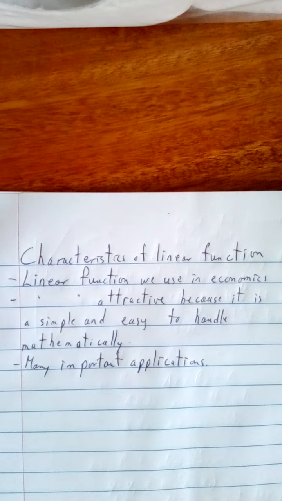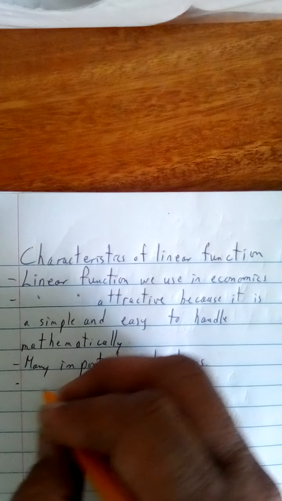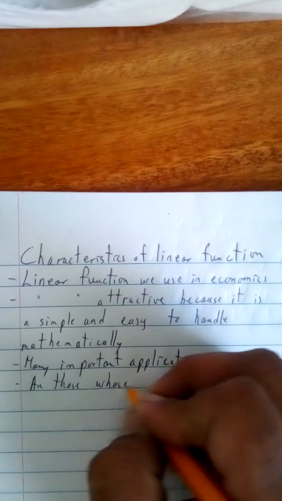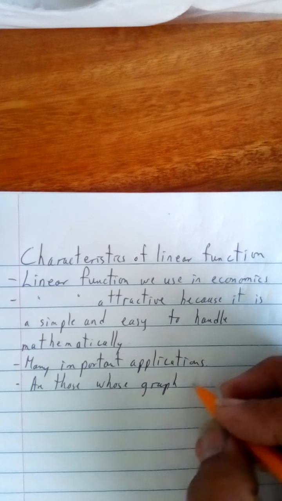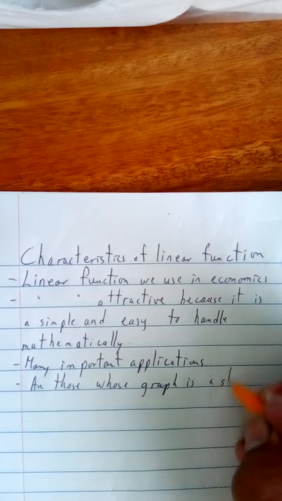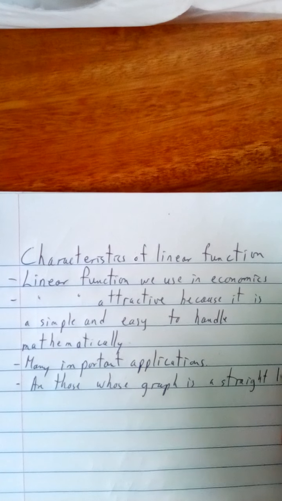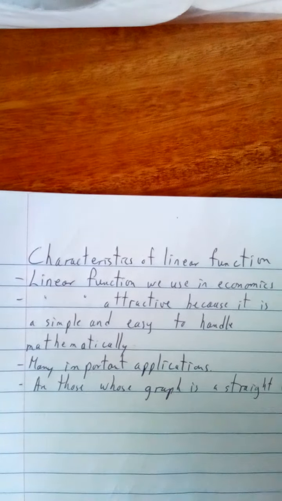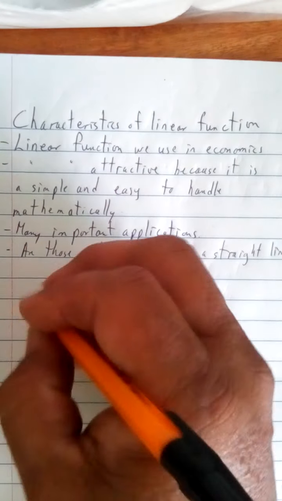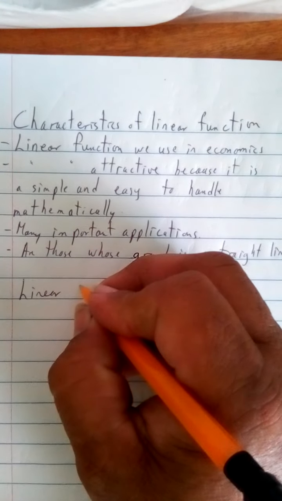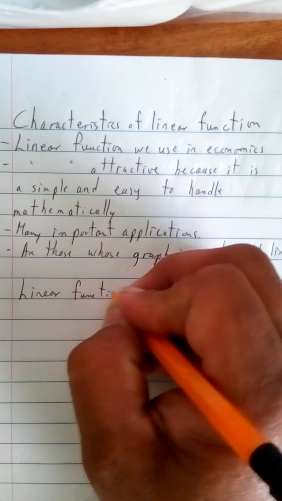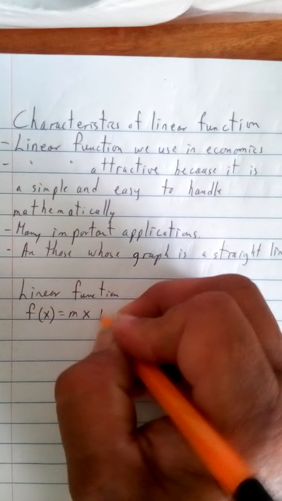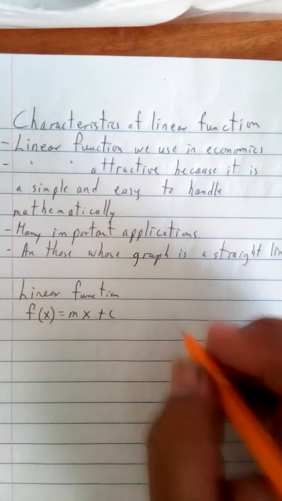Okay, linear functions are those whose graph is a straight line. So once it's a straight line, then that's a linear function. Okay, so we continue. Linear functions now. A linear function can be written as f(x) = mx + c, where